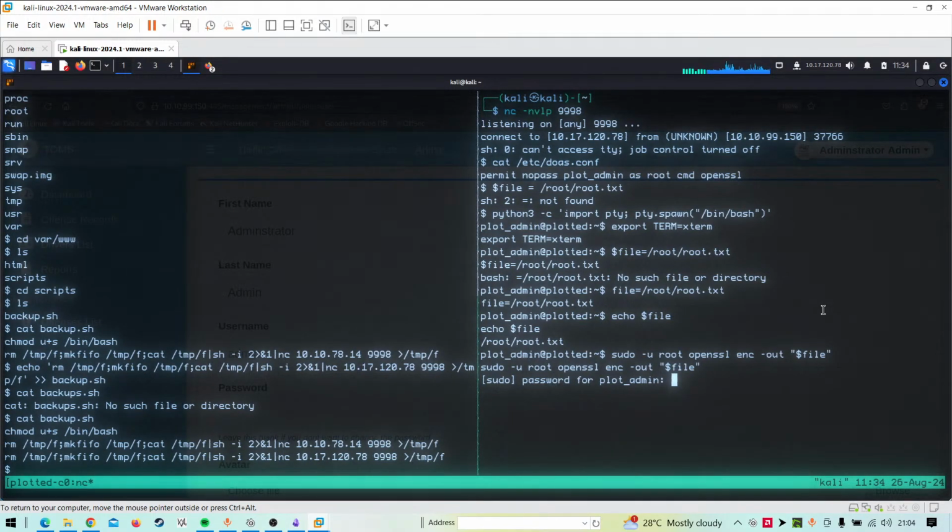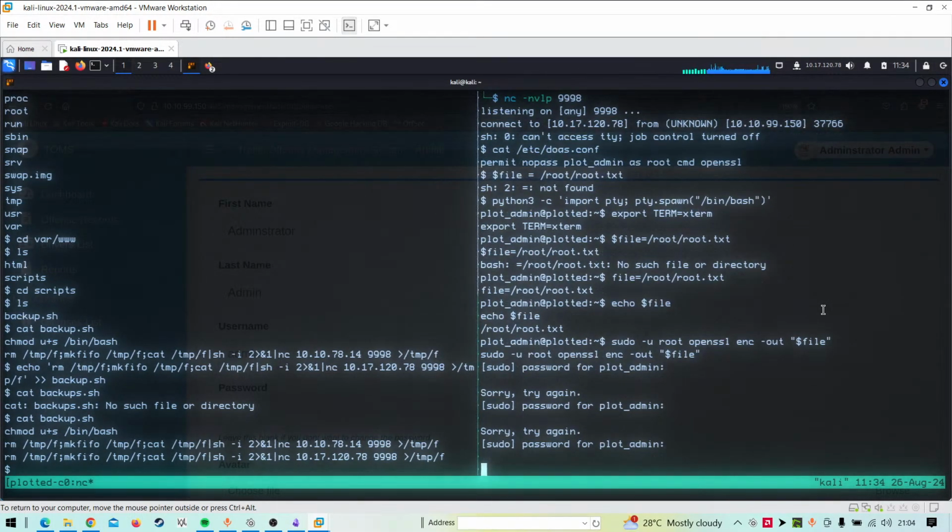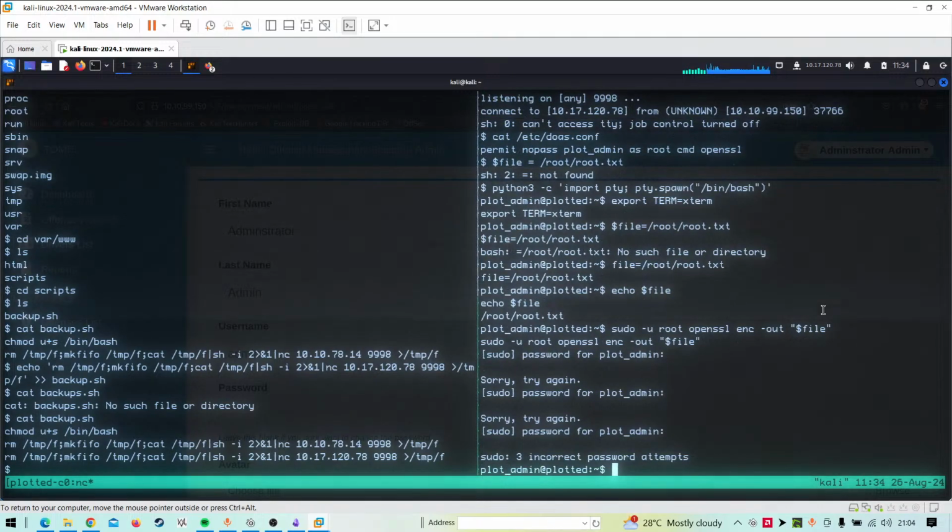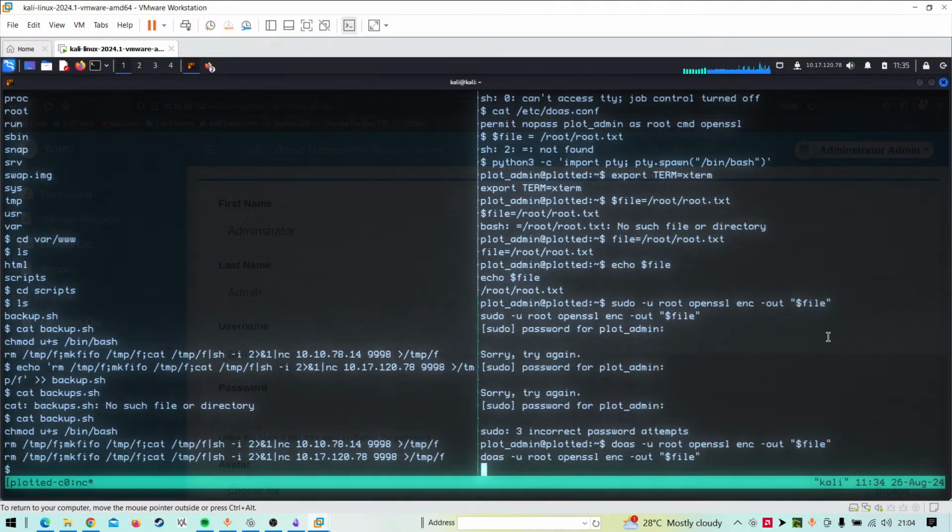Okay, so we don't have a password for the www-data user. So that is a little bit of an issue right here. Oh shit. I think I just messed up. So it is not sudo, right? It's doas. So just copy the entire line like this and paste it. So let's see what will happen.